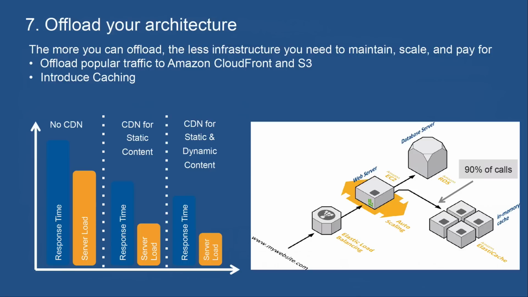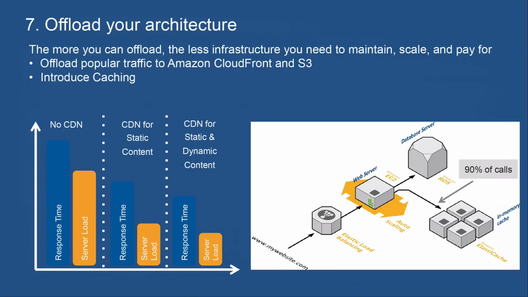Seventhly, architecture offload. So this is a mechanism for minimizing the amount of EC2 capacity that you need. So getting some aspects of your application literally off EC2 and onto other AWS services that might be more cost efficient. One example would be to use the Amazon CloudFront content distribution network to serve frequently accessed content assets out to users of your application. Not necessarily just static assets like images or static HTML, but also things like CSS or JavaScript assets could be delivered by CloudFront. That can significantly reduce the amount of EC2 resources that you need, and therefore reduce your bill.